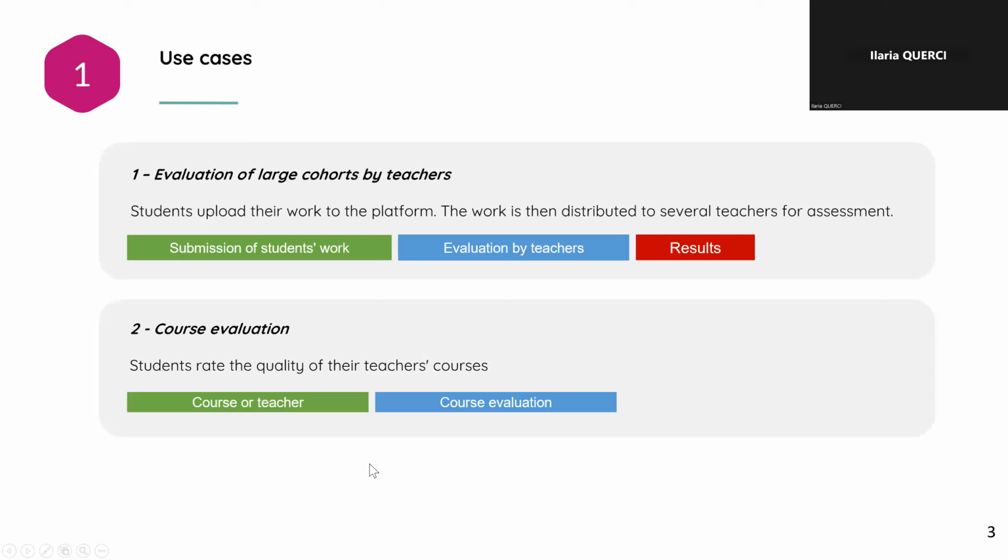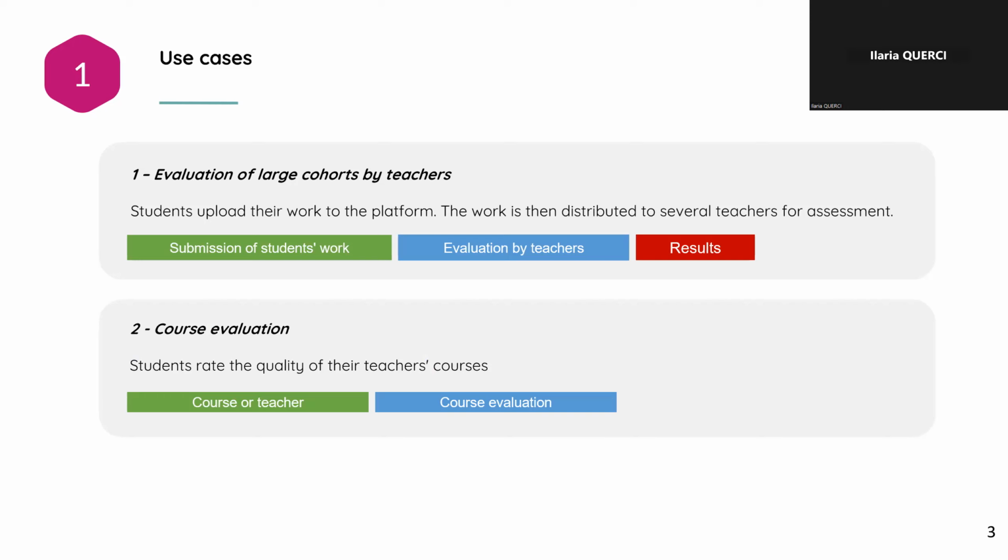So now we can speak about the use cases of today. The first one is the evaluation of a large cohort by teachers. With this use case, we ask the students to upload their work to the platform, and then this work will be distributed to several teachers for assessment.